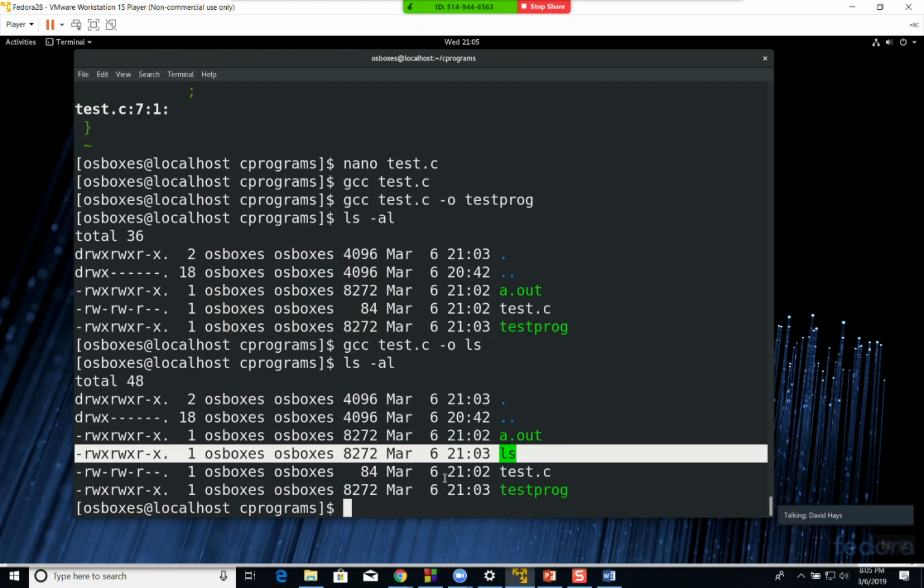Is everybody good on how to create a C program via terminal? How to compile? GCC is how you compile. Right. Okay. How can you tell if a program is executable? If you do an ls -al,